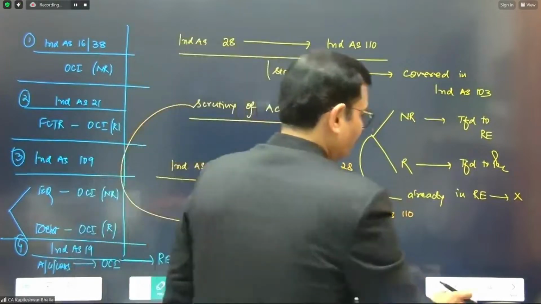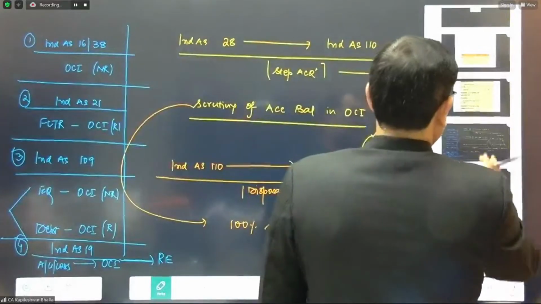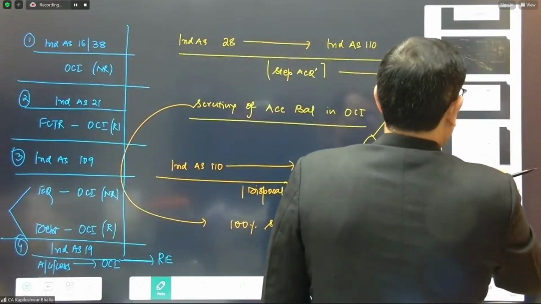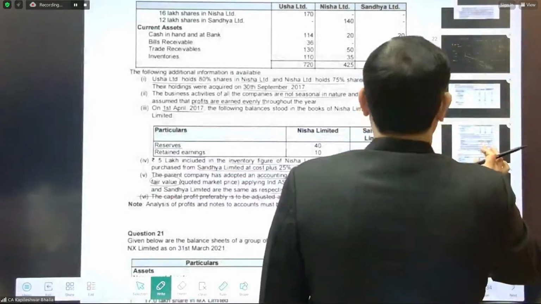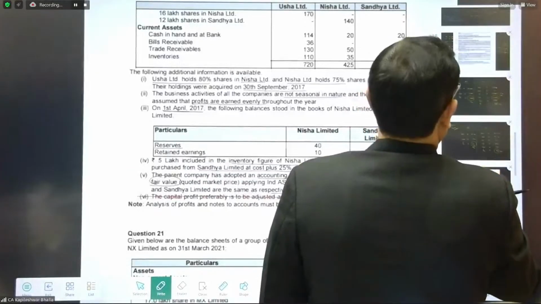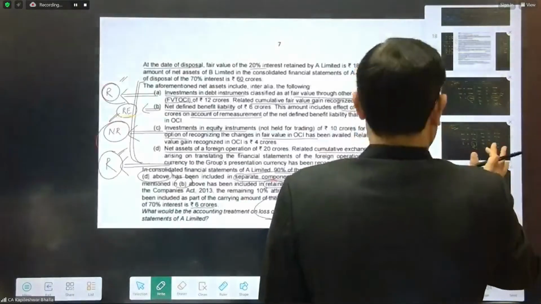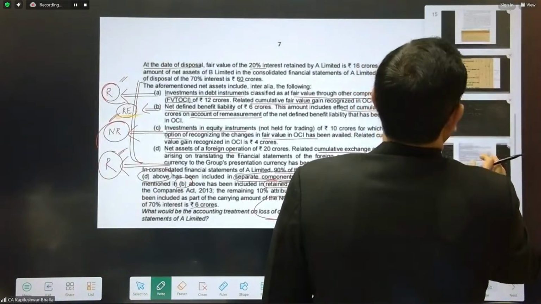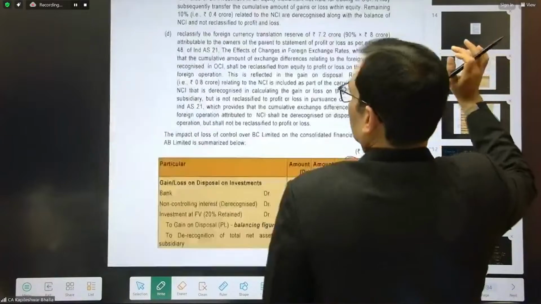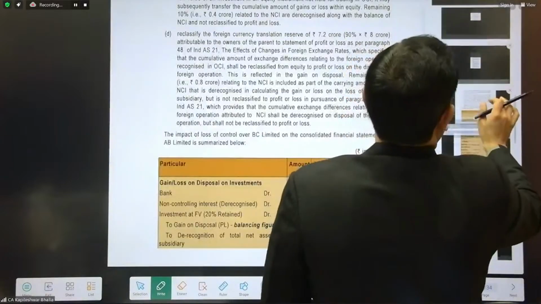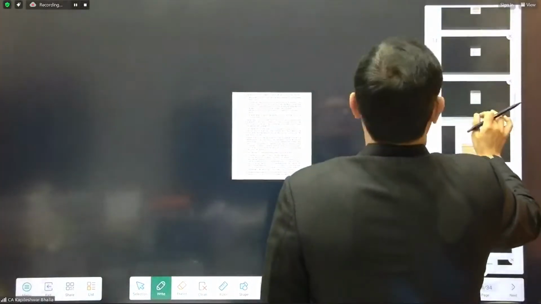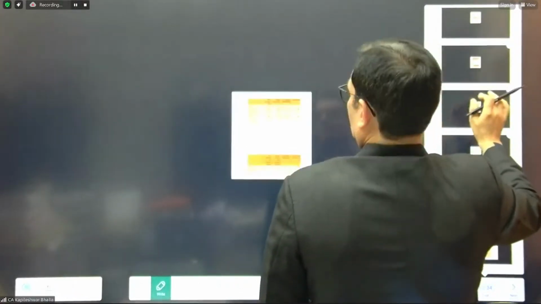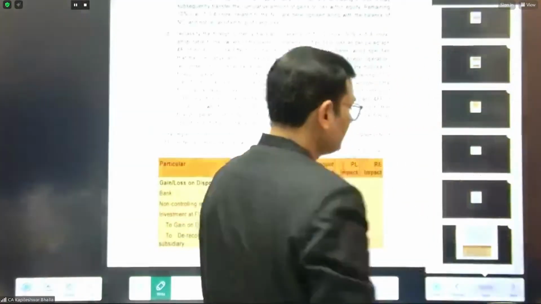This question is done. Let me come back to the assignment, and we did question number 15 with you. So question number 15 is done. There is another question on the concept of a deemed disposal, I guess. No, I have not taken that question, maybe. No, there is nothing which is further left. Okay, so far so good.